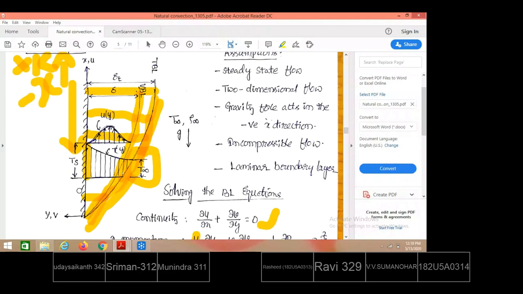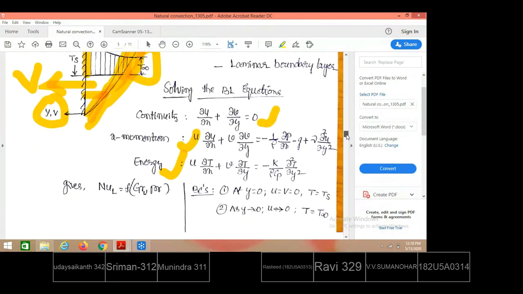Similarly, perpendicular to the vertical plate, the direction we call y. The velocity of the fluid in the x direction we call u, and the velocity perpendicular to the plate is taken to be v. So along the plate direction the velocities are u, and perpendicular to the plate the velocities are v. We get those by solving the continuity, momentum and energy equations, subjected to the boundary conditions.